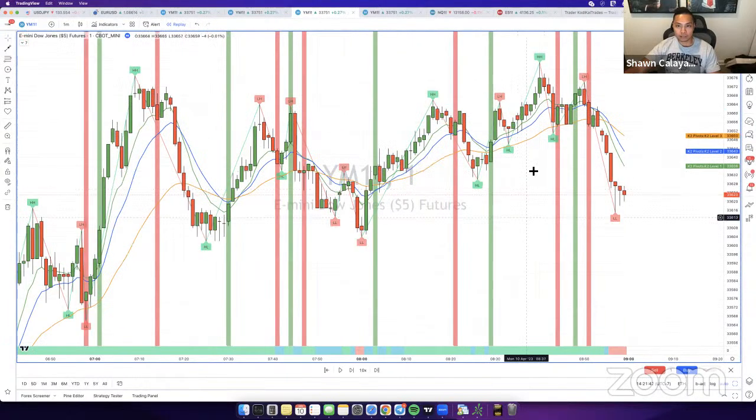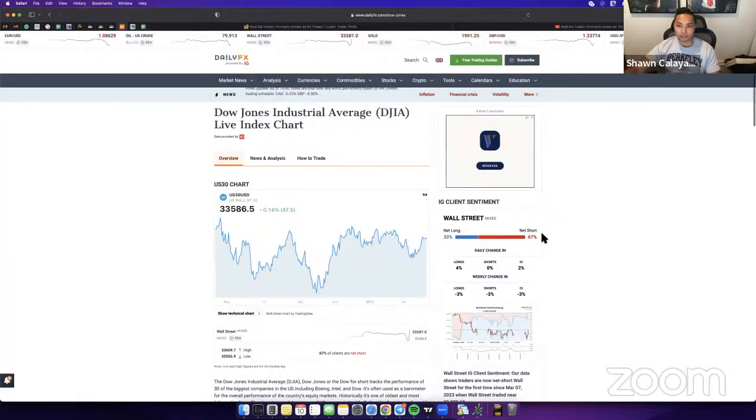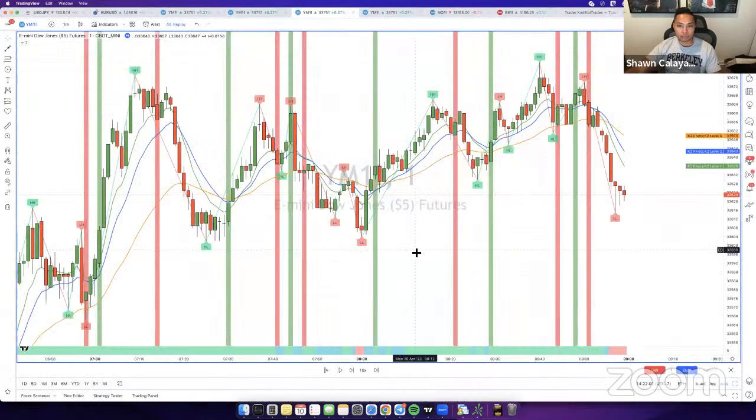Okay, so right here, the reason I'm looking here is because we had retail sentiment that was about 60% short. It's 67 now, but it was like 62 or 63 earlier this morning at around 8 o'clock, when we got off the live. We were basically looking for buys today, but we couldn't catch one. So when you're looking for these entries, you want to look for a strong direction. You want to make sure that you have things heavily on one side, whether it be a buy or a sell.